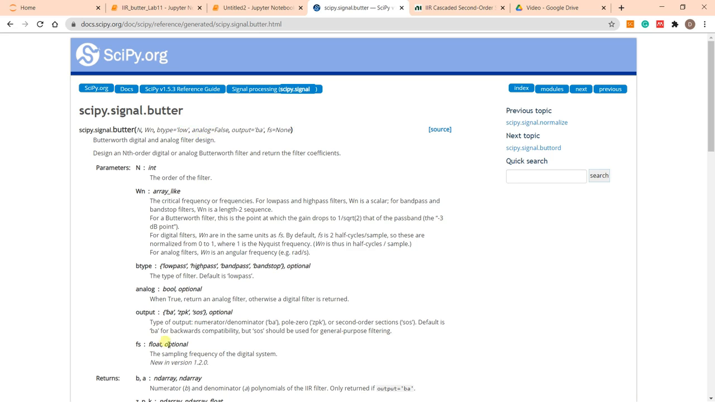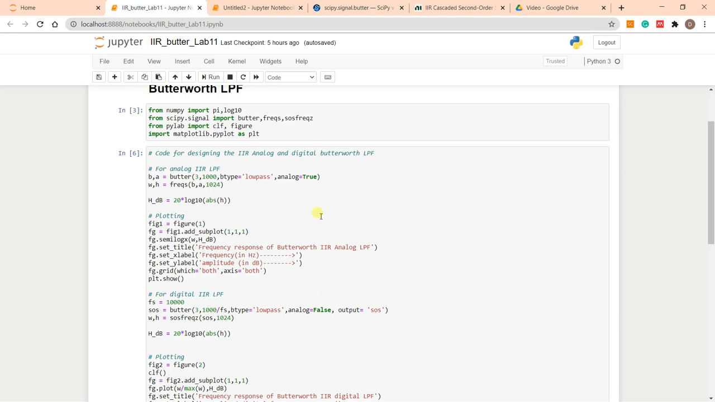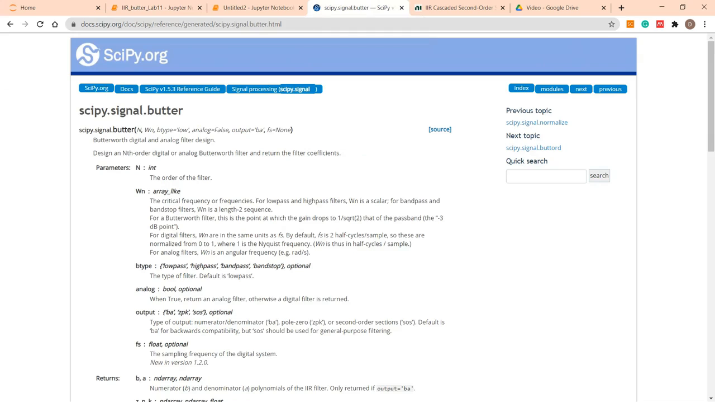Then analog, true or false. What is analog? When it is true, we return an analog filter, otherwise it is a digital filter. So here in the first I make it true, and in the digital one it is false. Okay, then the next thing we are going to see is